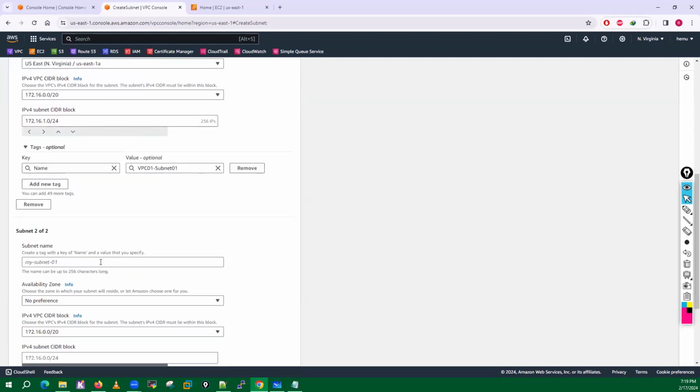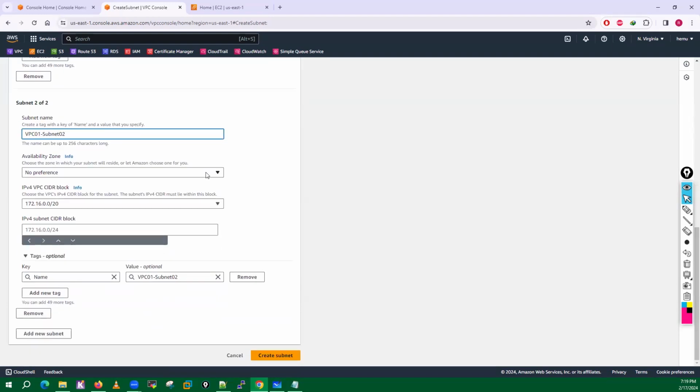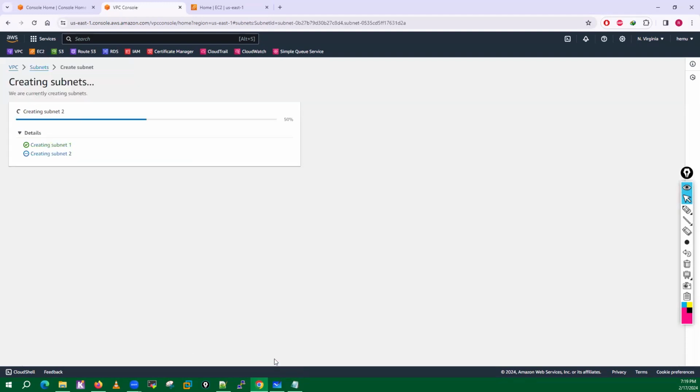Create another subnet, subnet 2, in 1B, with 172.16.2.0/24. Created.